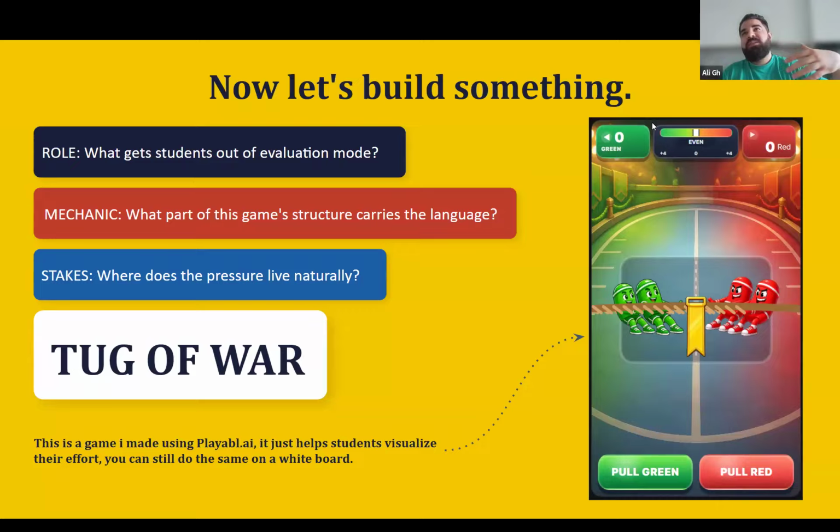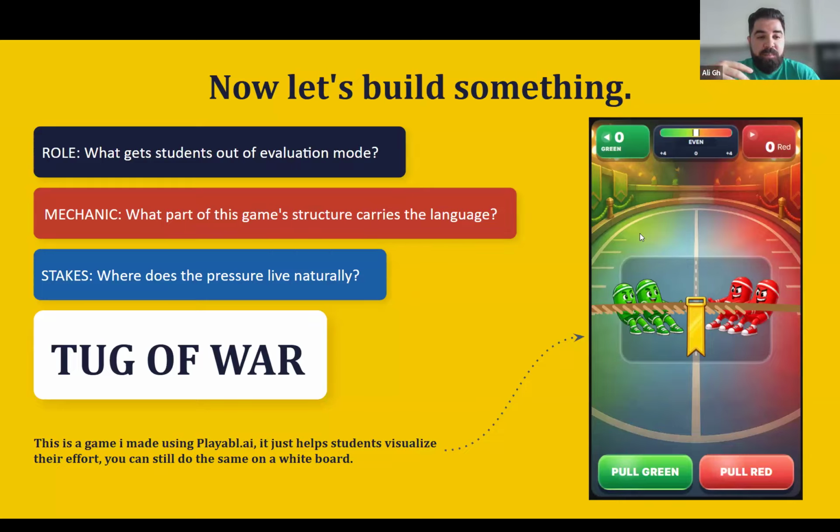I can tell you the amount of energy this game produced in my classroom. I could power a house's lights with it for a year. Students were competing as if their life depended on it. It was so fun. We did it over two classes. They kept asking, can we please bring it back? Can we please play it? It was amazing. So, what you need to do is look at simple or interesting things and find out how can I make this into something for my students? And that's how it goes.